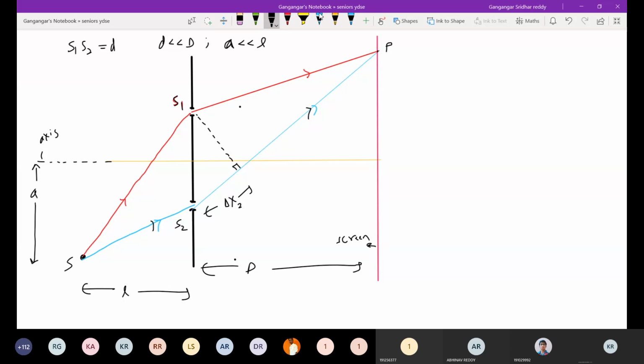Before slits, which ray will cover more path? Ray 1. So are you seeing the red color is what? Ray 1. Which ray will cover more path before slits? Ray 1. Which ray will cover more path after slits? The ray 2. So this additional path